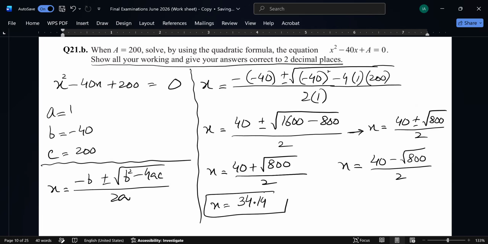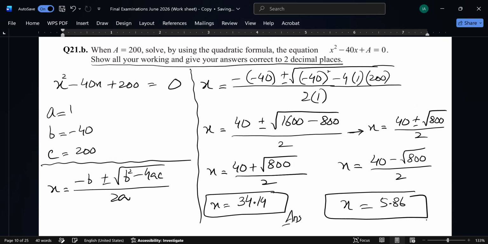Two decimal places answered. Let's take the next one. Yes, the second answer is 5.86. These are the two values of x